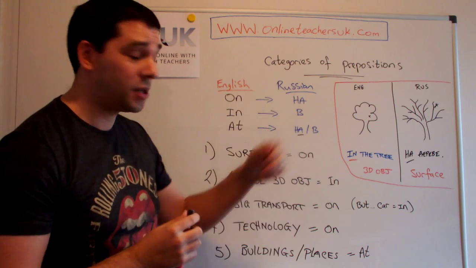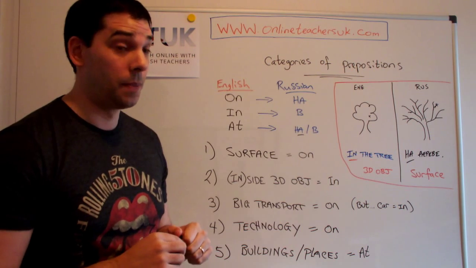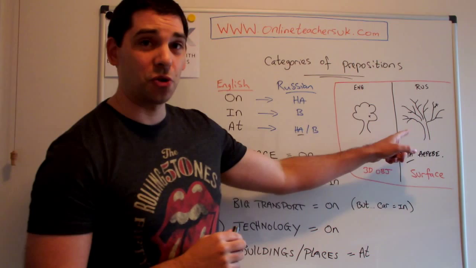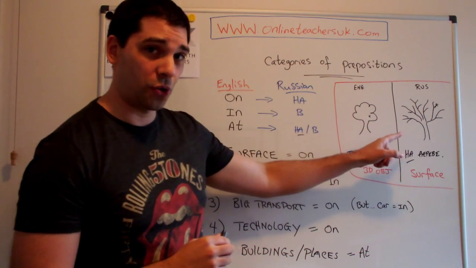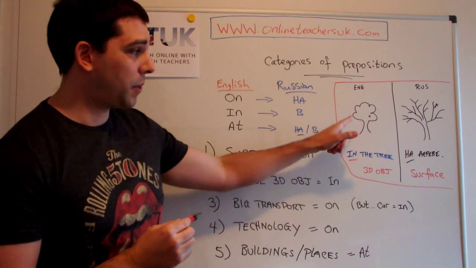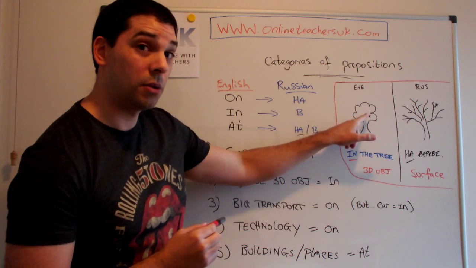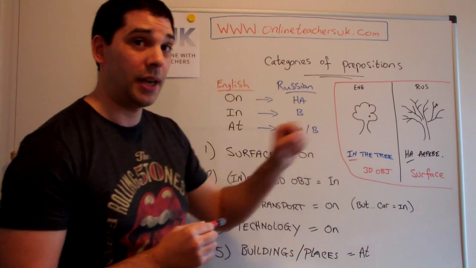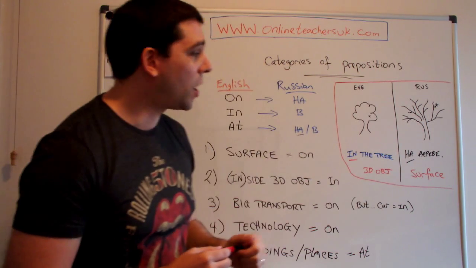So often when we say that the bird is in the tree, maybe we can hear the bird, but we can't necessarily see the bird. In Russian, in contrast, this is your nice Russian tree, in Russian winter, probably. So if you ask a Russian person to draw a tree, I think usually they will draw something like this. Or perhaps they'll draw the English one, but with branches visible. So I think that's the key. If you can see branches visible in the Russian picture, that could give you a clue to why in Russian